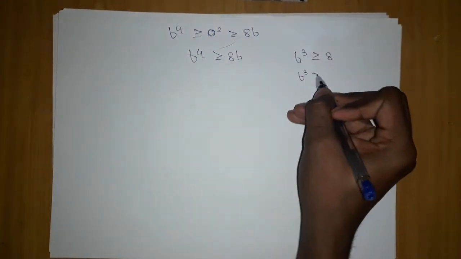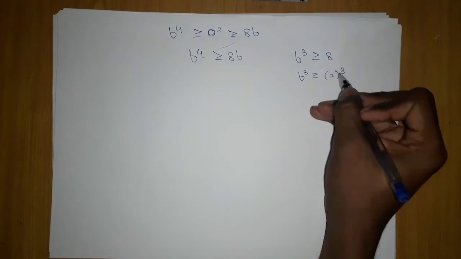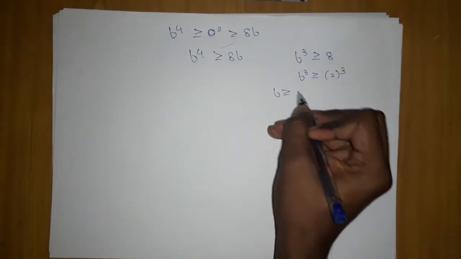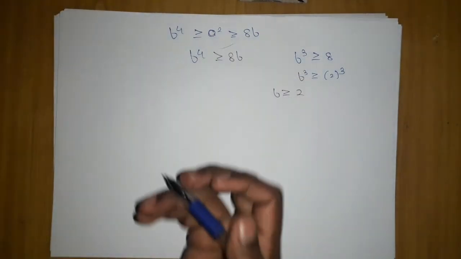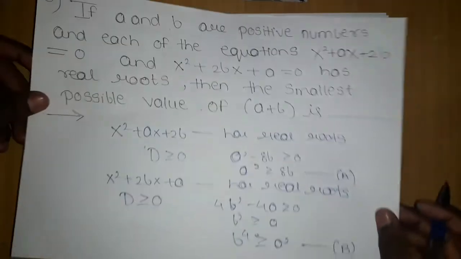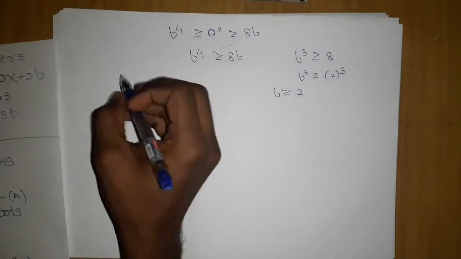So b cube, what is 8? 8 is 2 to the power 3. Okay, so b is greater than or equal to 2, so we got the b value. Okay, similarly now how will we find the a value? We have the relation from a, so from a,